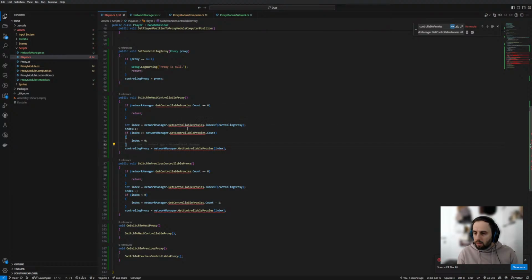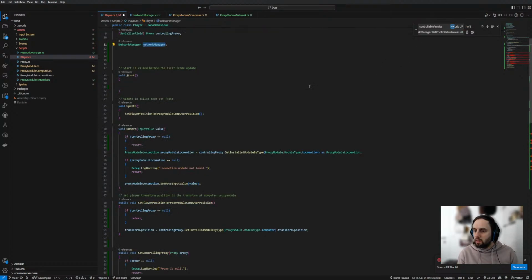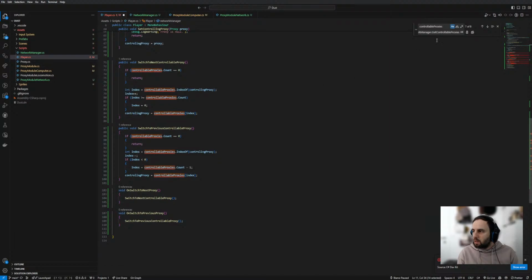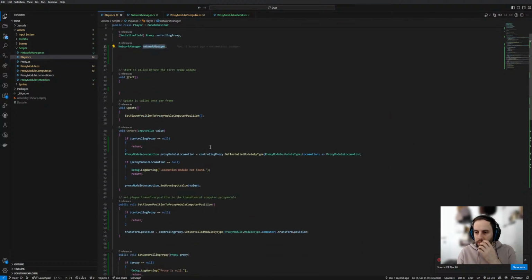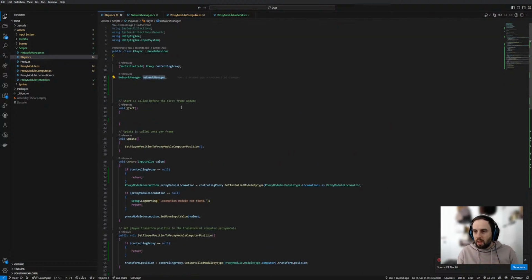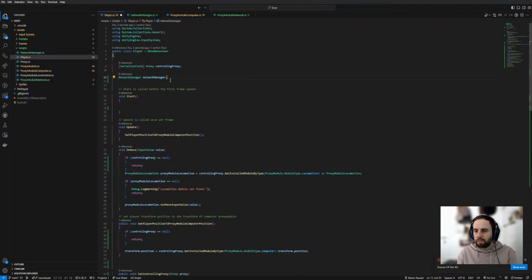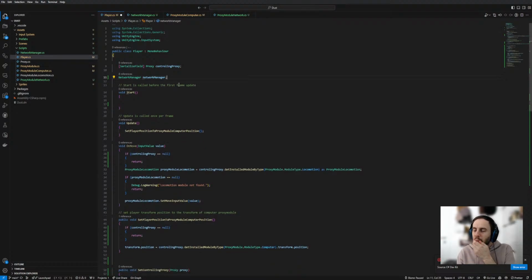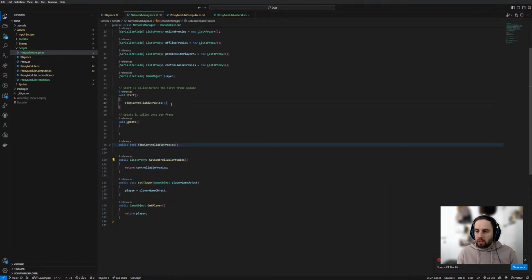Not valid in the given context. Oh yeah, you have to, oh, damn it. You need to put the brackets. Okay, there you go. Now, so the network manager should basically